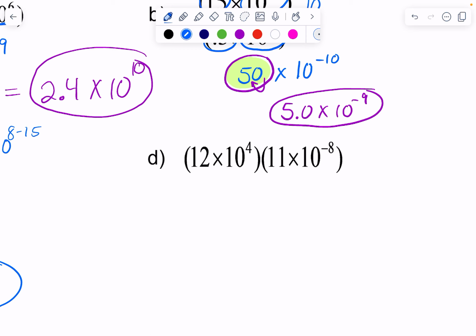And last but not least, we've got 12 times 11, which is 132. But you know what? Let's go ahead and change this up a little bit. And let's make this a 0.12 times 10 to the fourth and a 0.11 times 10 to the 12th. Let's go ahead and make that change because we haven't done that route yet. So when we do 0.12 times 0.11, we're going to get